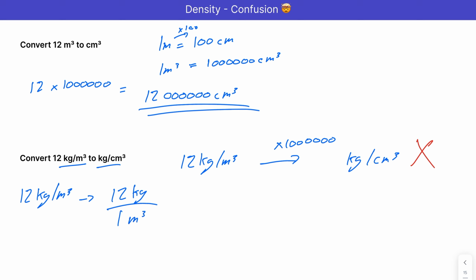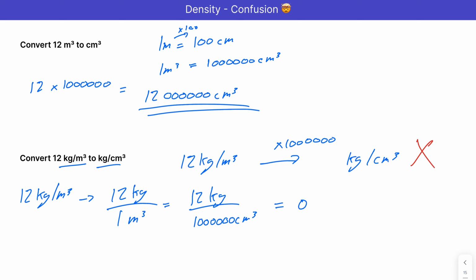Now do the conversion. So what do we need to convert? The mass is fine, so you can just copy that over. The 12 kg is fine, but the bottom bit is not fine. You're going to convert this to centimeters. So how do you do that? Times it by a million. So if I now times this by a million, I get 1, 2, 3, 4, 5, 6 centimeters cubed. So my answer then becomes 12 divided by 1, 2, 3, 4, 5, 6 zeros, and that gives me